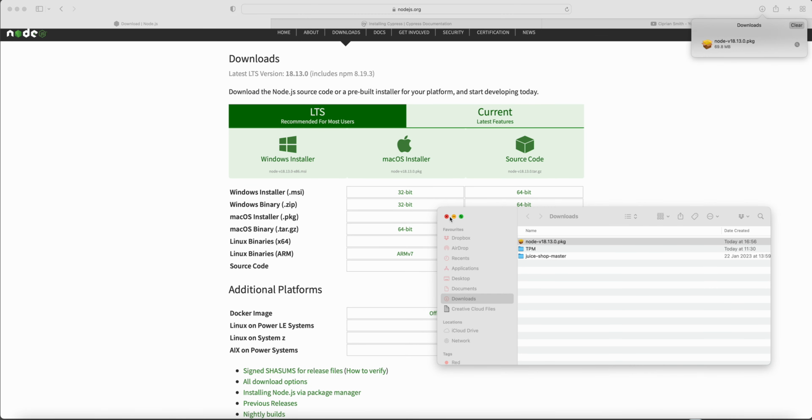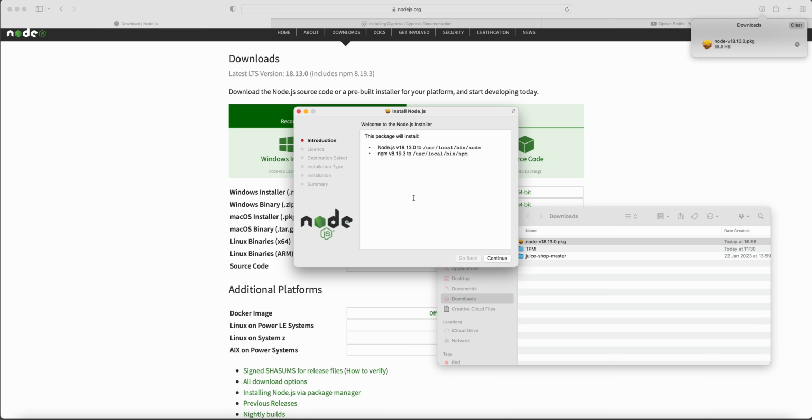So once the installer is downloaded, you just need to go through the installation process. What I tend to do is take a copy of these directories just so I know where Node is installed. For this example, because I've done it a few times, I tend to delete everything that's in these directories so that I can run through the installer from scratch. So that might be something that's useful for yourself.